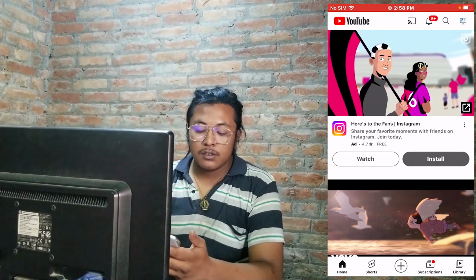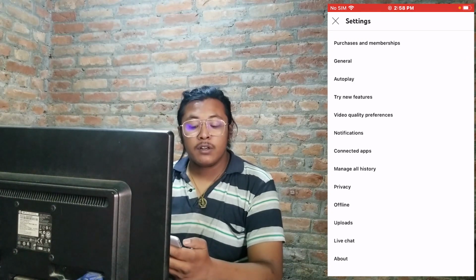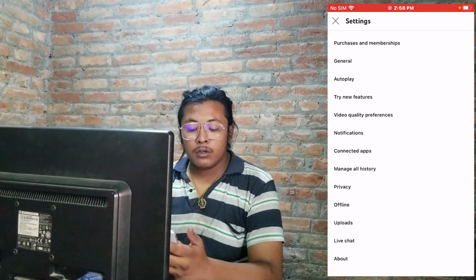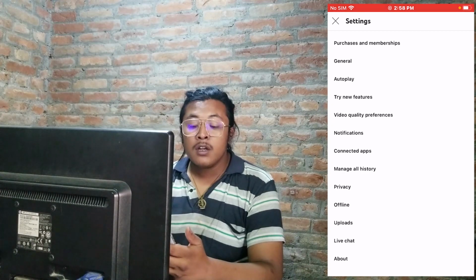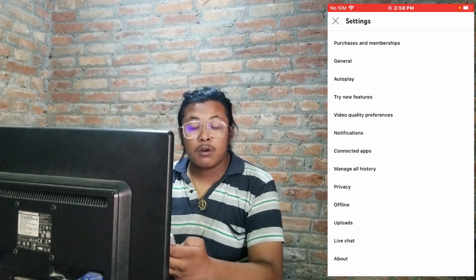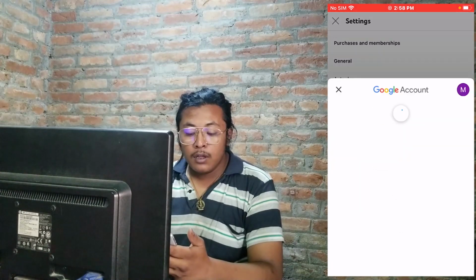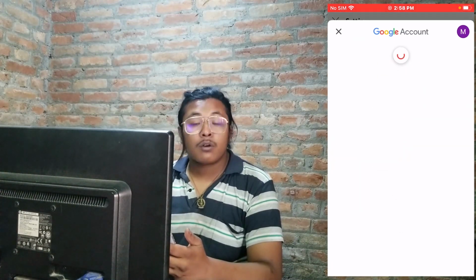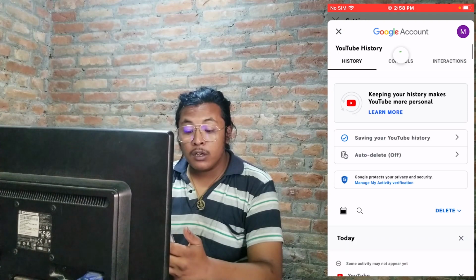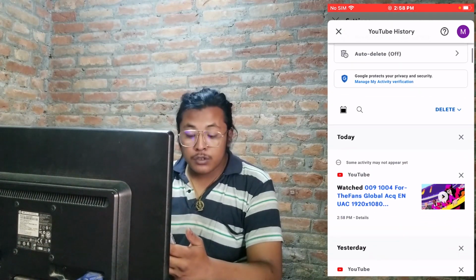Click on that settings, and over here guys you can see the manage all history option available for us just below the connected apps or just above the privacy tab. Tap on manage all history, and all of your YouTube history across time will be available over here, including your watch history and